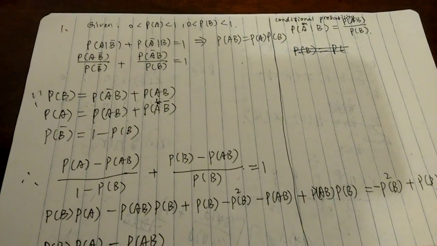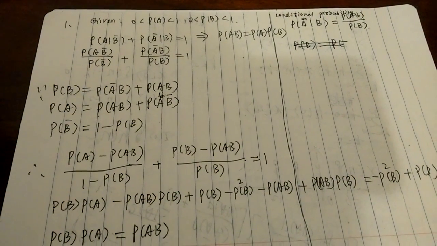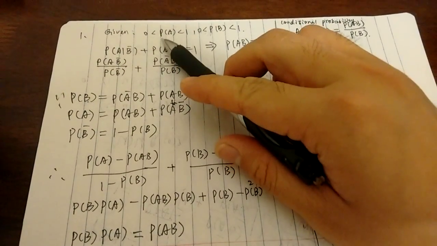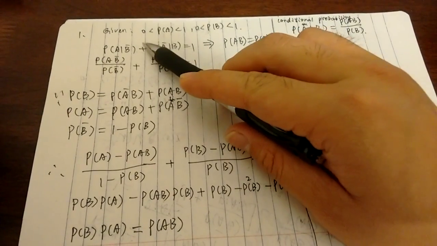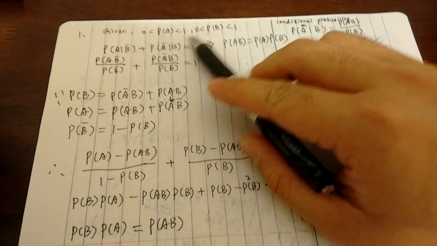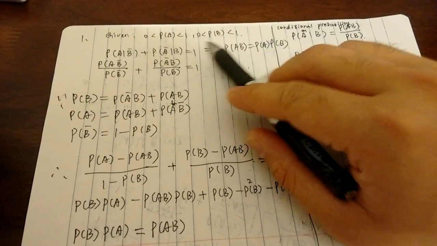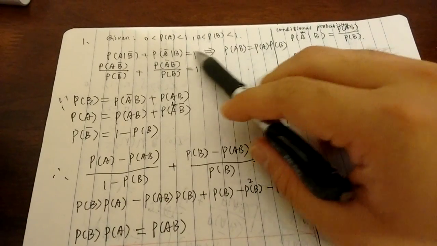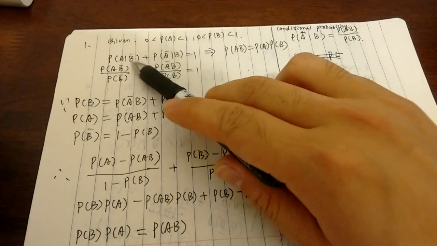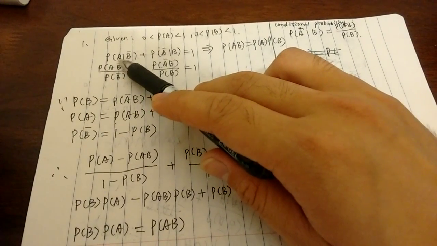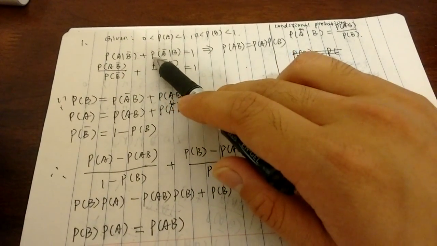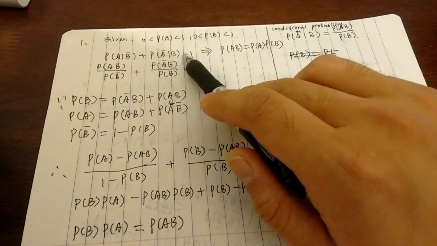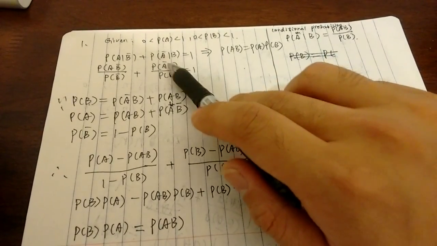And I will solve homework 1, problem 1. We are given that the probability of A is greater than 0 and less than 1, and the probability of B is greater than 0 and less than 1. The question wants us to prove that if the probability of A given B complement plus the probability of A complement given B equals 1,